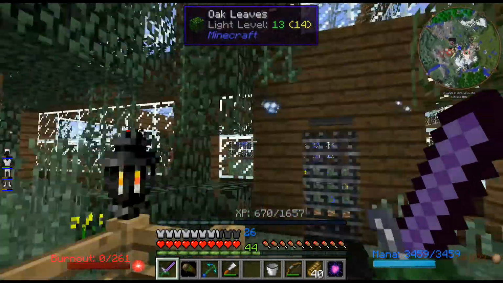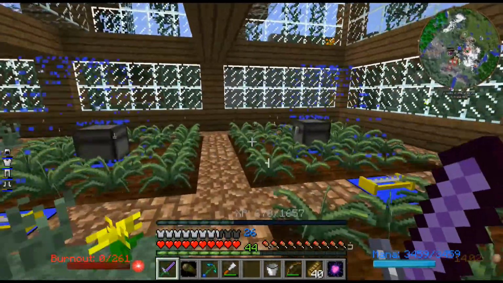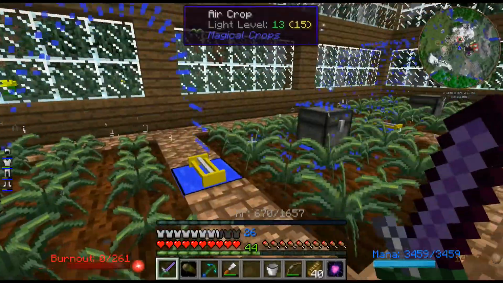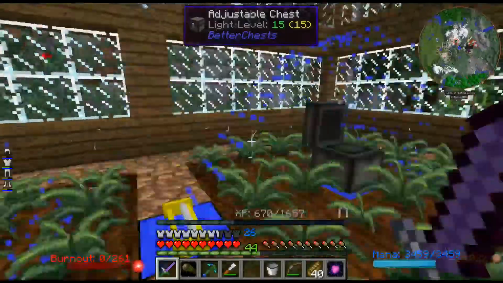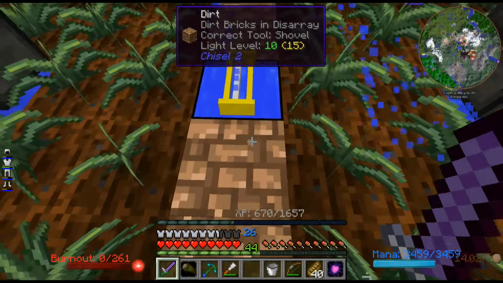The greenhouse is bushed and vined up to hell, so we've got lots of crops going on here. Lots of nice essences, and we've got quite a bit of the glowstone essence now, so we are ready to go to the next tier. Now let me just show you what I've done here, because